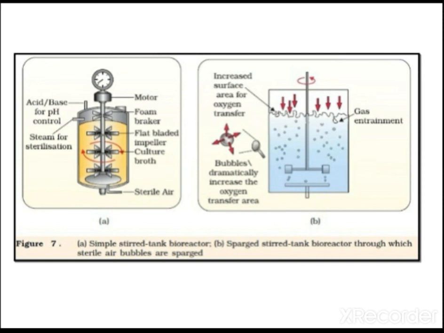Okay children, a diagram can be asked, to draw the types of reactors, and what are the advantages of using bioreactors. Even regarding downstream processing, what is the purpose of downstream processing, simple small questions like that can be asked. What we studied, PCR, can be asked separately as a 3-mark question, children.